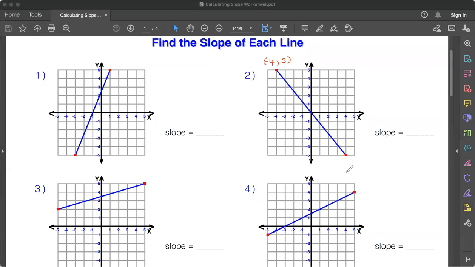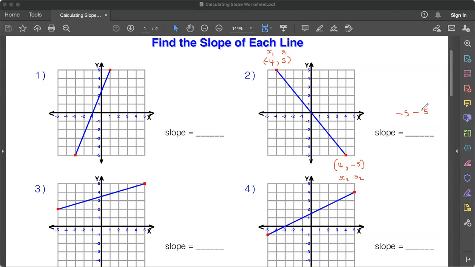This point down here is 4, -5. So when they put them in the slope, I just remember to label this x1, y1, x2, y2. So when I put it in the equation, it's going to be -5